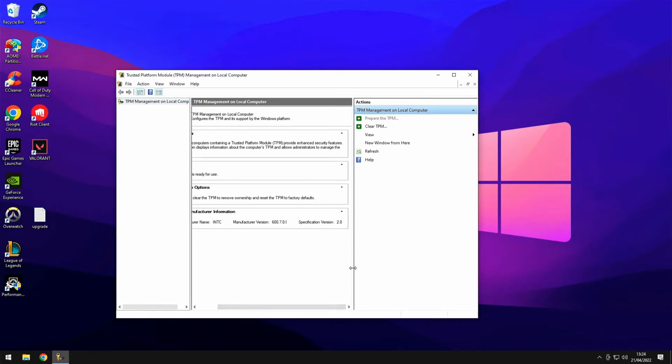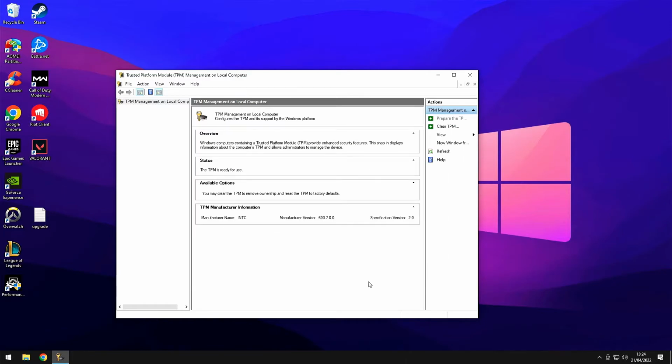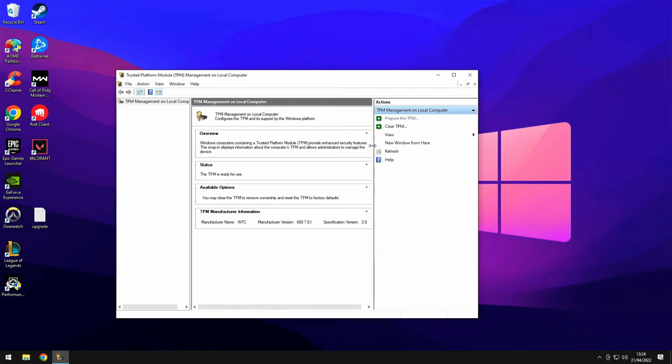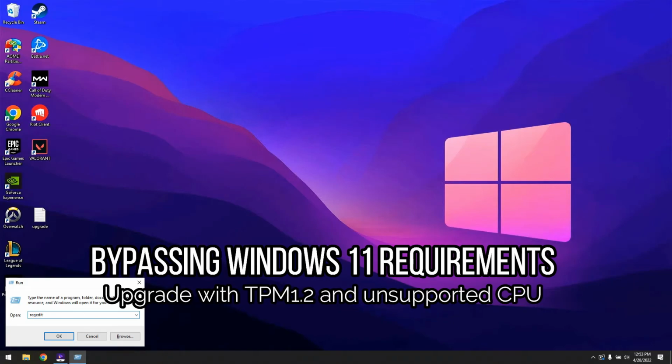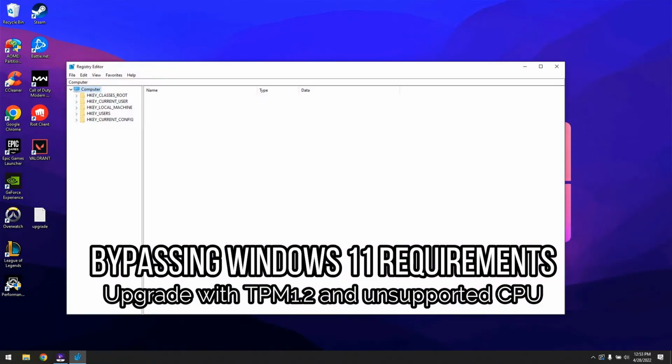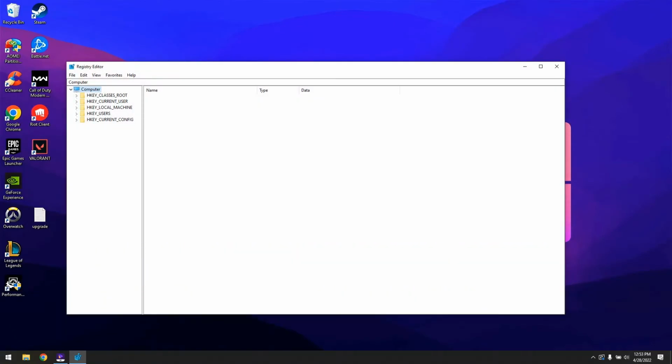If it reads specification 1.2, installation is still possible with some hacks. Microsoft have provided a way to bypass the TPM and CPU compatibility check, but it still requires a TPM 1.2 compatible system. Here is how to do it. Press the Windows plus R buttons and type in regedit. In the registry editor, expand the HKEY_LOCAL_MACHINE,